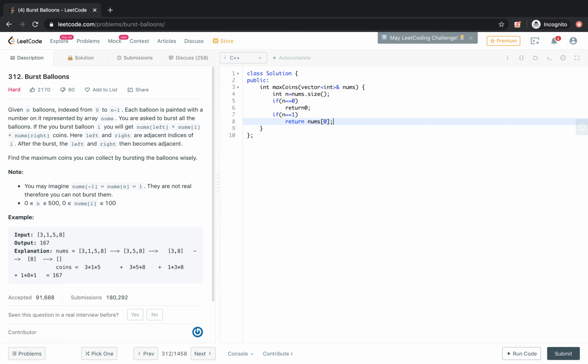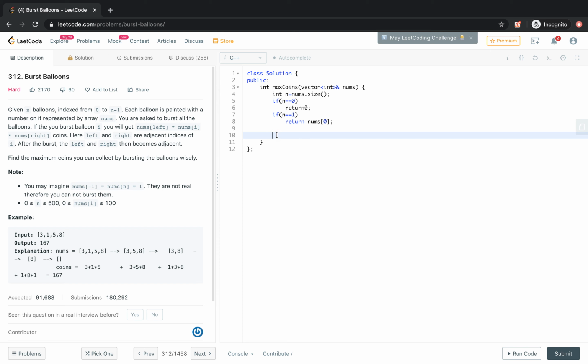Sorry, actually for the border condition, you have seen that for 8, after it becomes the only balloon in the array, we are multiplying with 1 and 1, because as mentioned here, nums[-1] = nums[n] = 1. So basically we want to add those values.